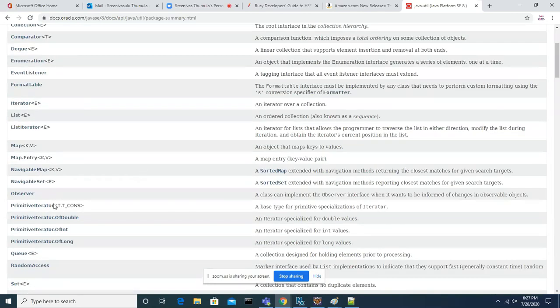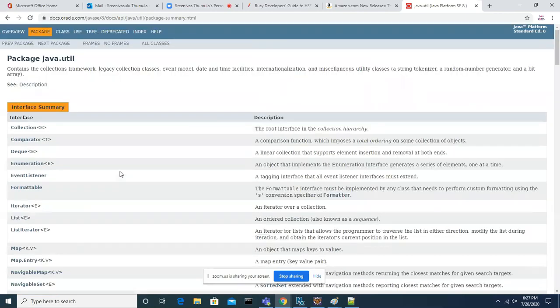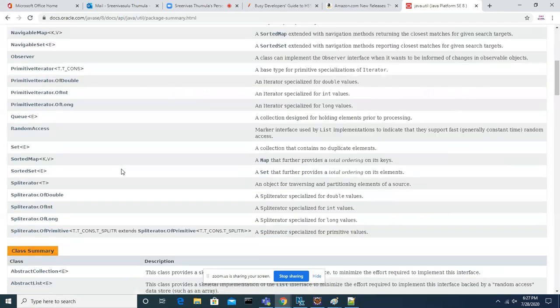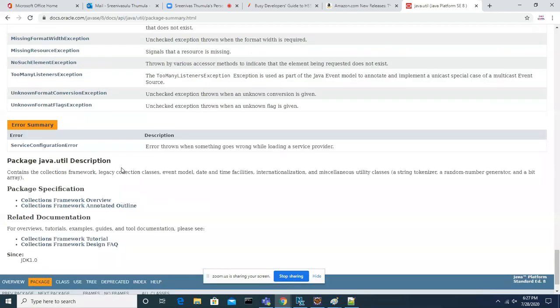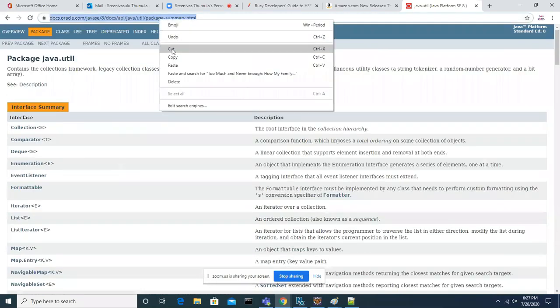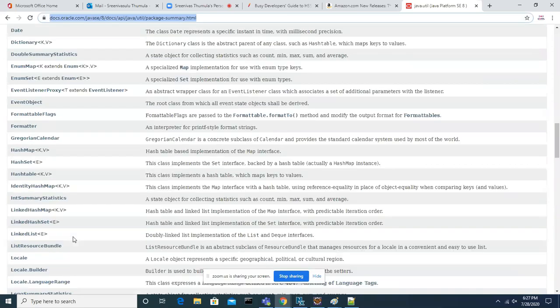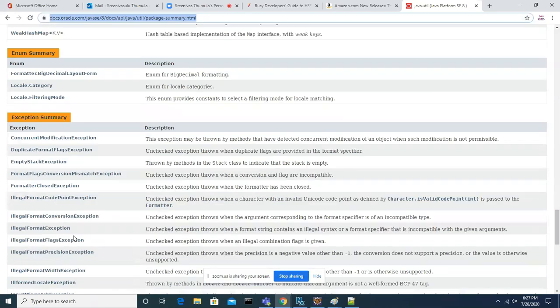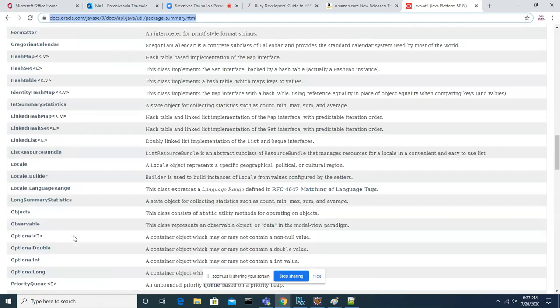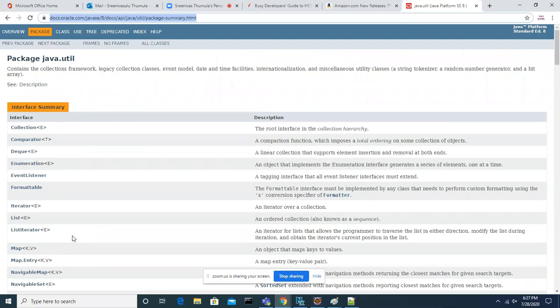If you understand what is list, what is set, what is map, and what is sorting, then you will be ready to use these effectively in our programming. So just go through these class names. At least you will have a glance, just name wise, so that when we are talking tomorrow you can easily recognize the class names. The hierarchy is there. I will draw a picture and explain it tomorrow.